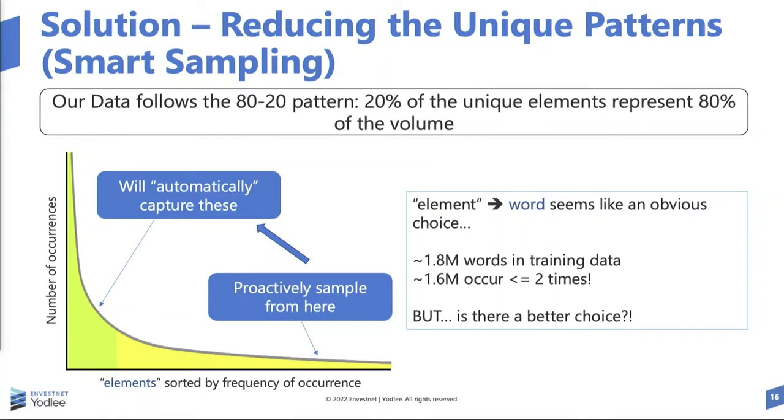So now if you're trying to put an AI framework on it, if you look at the left side of the curve, you want to dramatically sample from there. You want to build up a framework to sample from there, but you also have to sample from the long tail. The problem with that is that when you do that, those are not very generalizable, right? Because those occurrences happen very, very rarely, right? So is there a better choice? Any thoughts? Do you think we can do something better here?